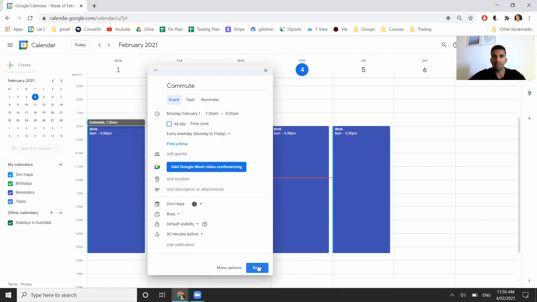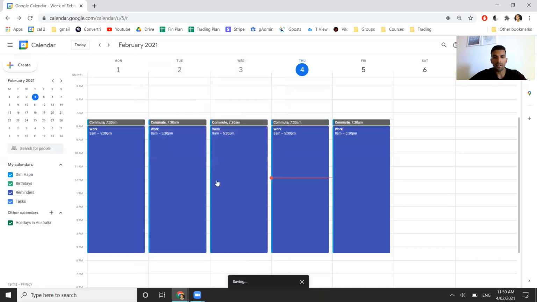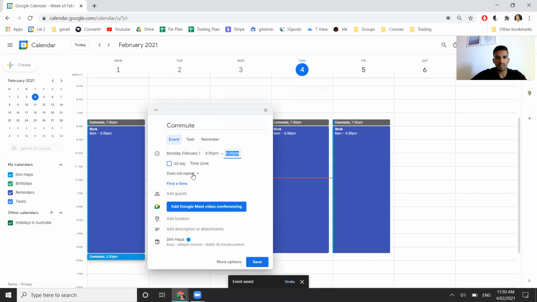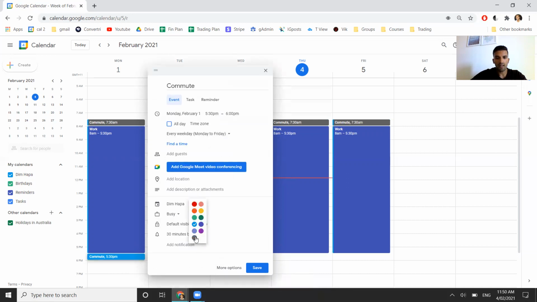I would do reading and meditating on the bus, like gratitude meditation. So you may do something like that too. But there's the commute. On the other side, you've got commute. 5:30, change that to 6. I'm just assuming that your commute's half an hour. Put that in gray.